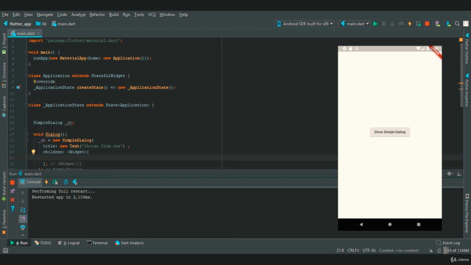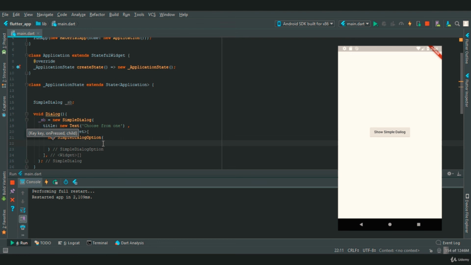Let me tell you the difference between a simple dialog and an alert box. In an alert box the user only gets informed, whereas a simple dialog provides you choices. To create a choice we need to use a new widget called SimpleDialogOption, and in this widget we need to provide two properties, which are child and onPressed.